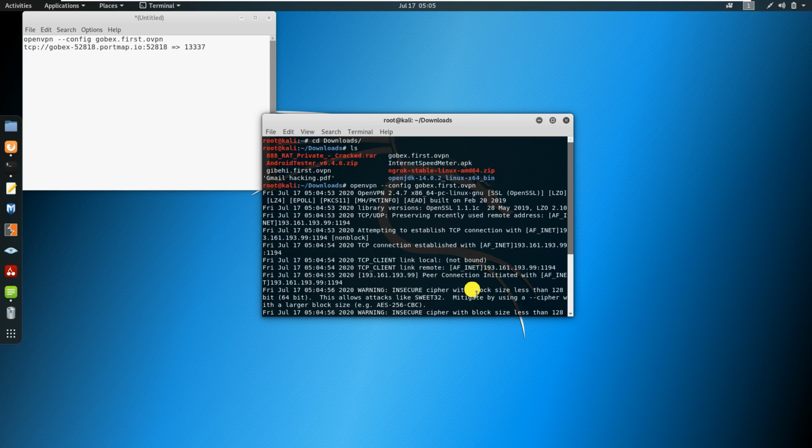In the next tutorial, I will show you how to handle devices, how to exploit devices which are outside of our WAN using this technique. So in the next video, I won't show this whole thing. I will directly open this connection and do the port forwarding and try to hack other devices over WAN.